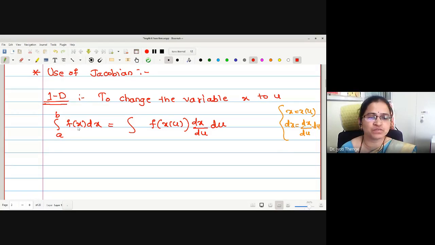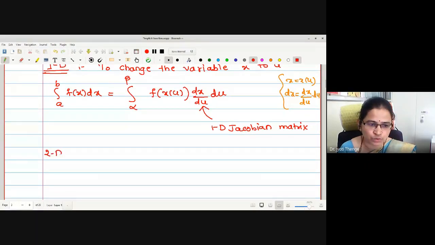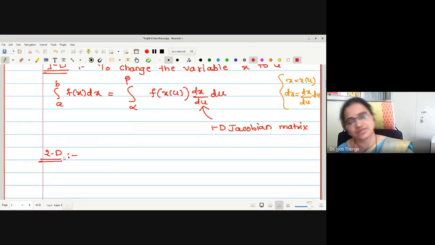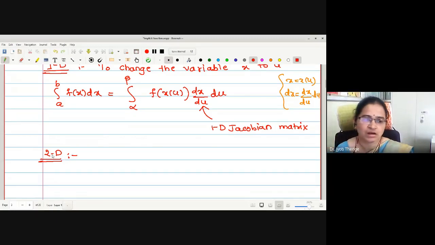And for the corresponding values of x, let u take some new limits, say alpha and beta. What is involved here is a one-dimensional Jacobian matrix, correct? Because we have only one function in one variable, only one derivative exists, and that is dx by du. Okay, if I want to do the same thing in two-dimensional space, that is, if I want to change the variable in a double integration,